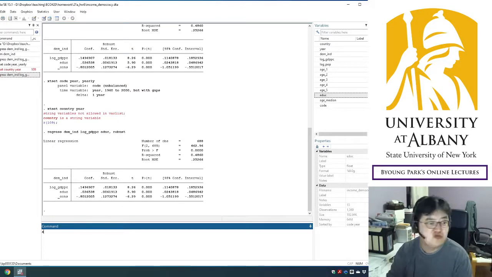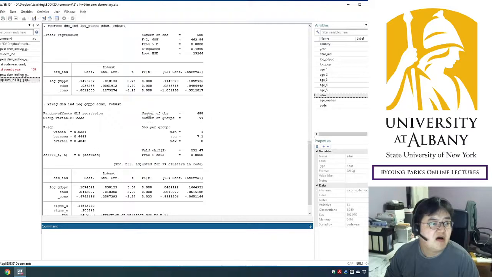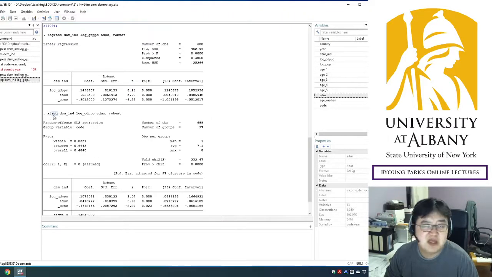Also, you may use xtreg. Let's try this. This is a panel data specific regression command, but using the same structure. Same dependent variable, same regressors, same robust option. And the results are